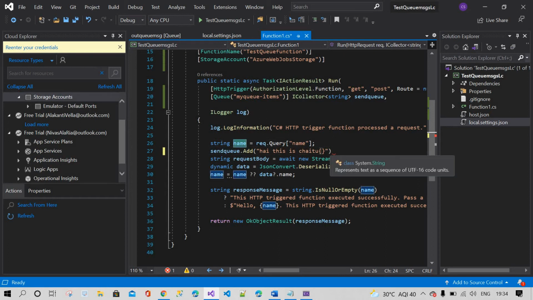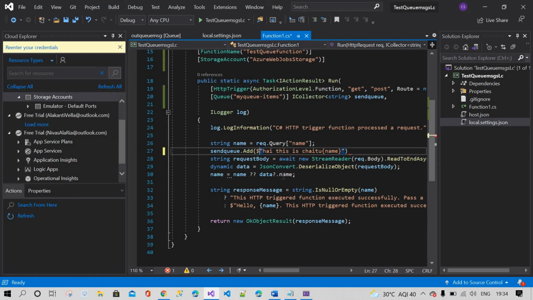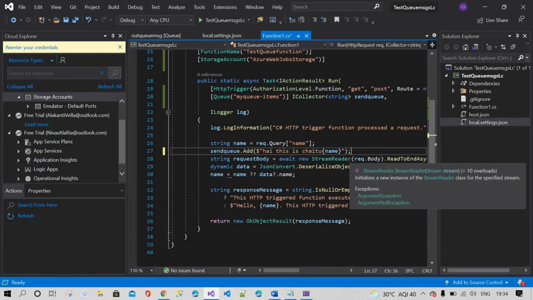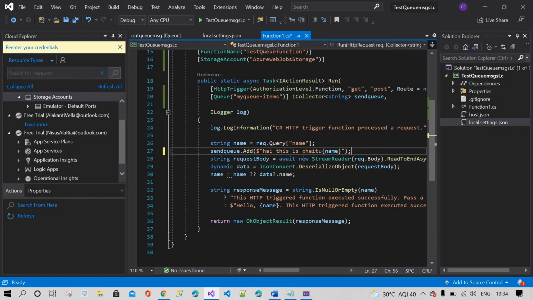So I'm going to put this name here with a dollar sign. If you don't add the dollar before the string, it will consider it a completely plain string. If you want a variable to be evaluated inside the string, you have to add the dollar symbol. Now I'm going to build.